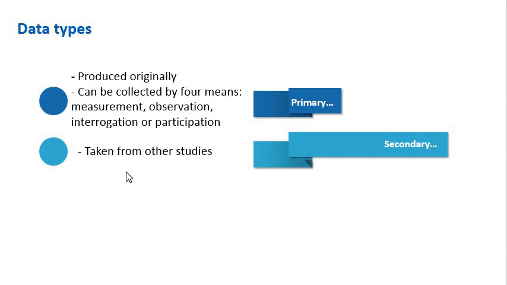Secondary data, on the other hand, are taken from other studies. It means they are data which are the result of studies by other people before the researcher. Secondary data cover, for example, written materials such as annual reports made by some agencies or governments or any other bodies, production records which are related to